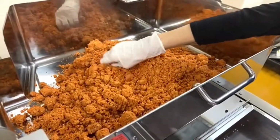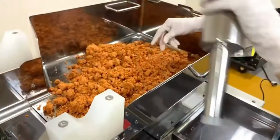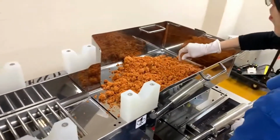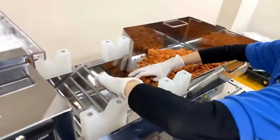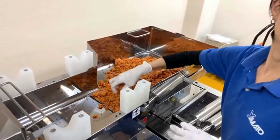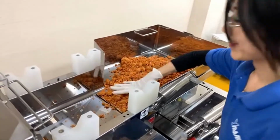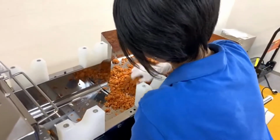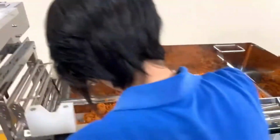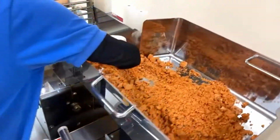I'd say this dough is maybe around 34.5% ish, 33, 34.5 maybe. Okay, yeah, so that's really, I think,